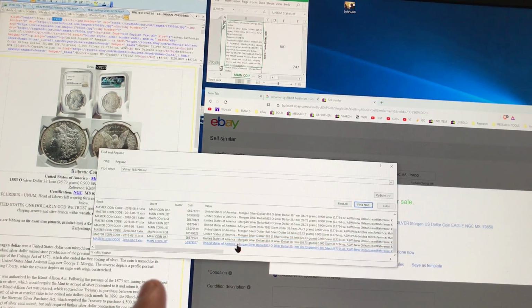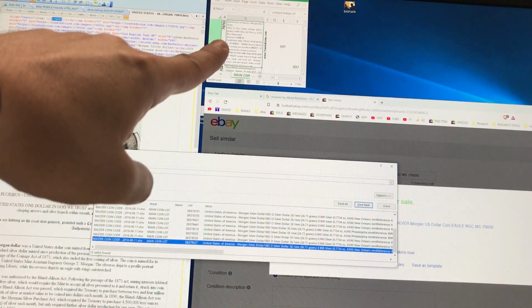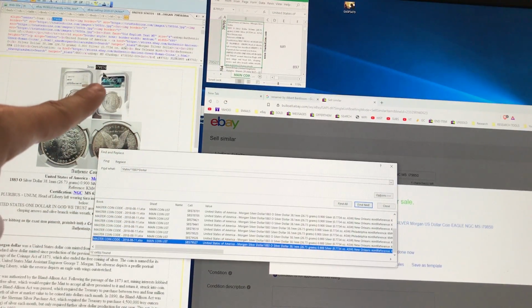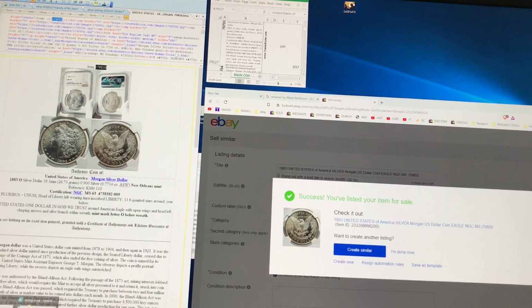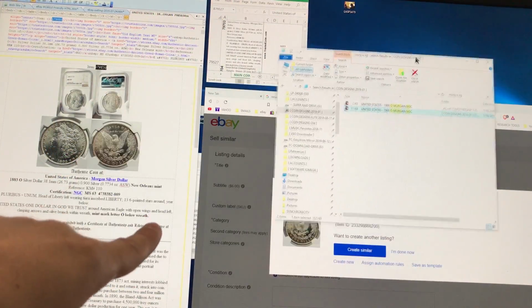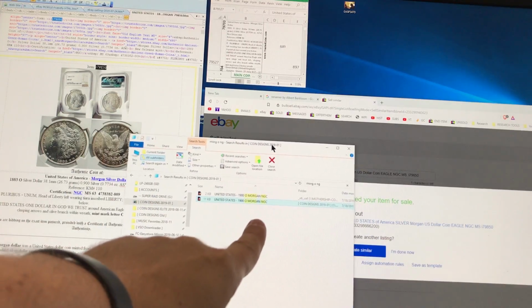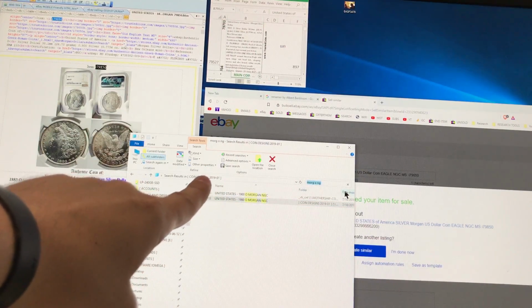And then I could basically use the item number. You see the item number is on the left. You see the item number is here. And you could also see that the item number is in the file we used. See this file number? No, it's not on this file, but later, let's say if I'm selling a similar coin,